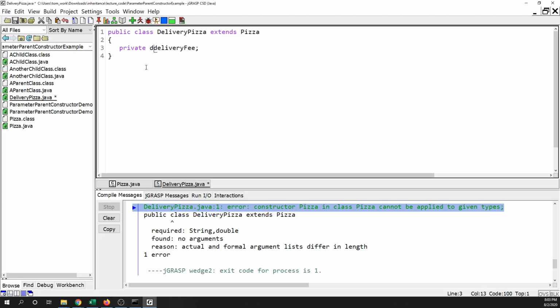Delivery fee would be a double, and delivery address would be a string. Okay, and I made these private because I don't really have any plans to make child classes from DeliveryPizza, whereas with pizza I did, right? So